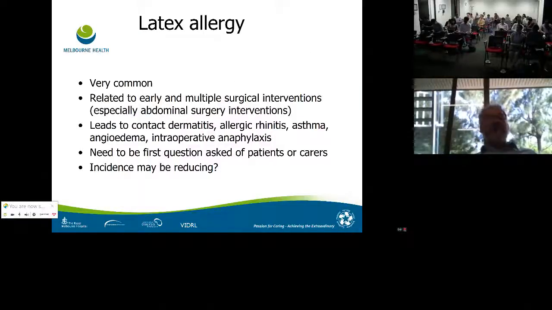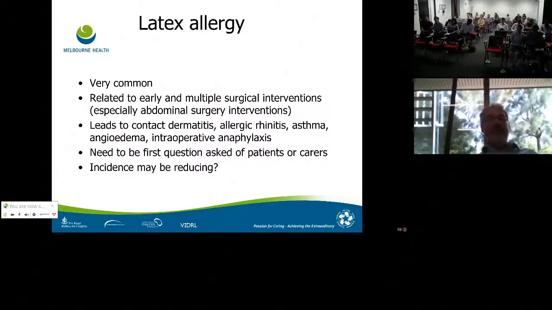The incidence hopefully might be reducing because there's less tendency for early and multiple surgical interventions, especially abdominal surgery, which certainly have been in the past associated with latex